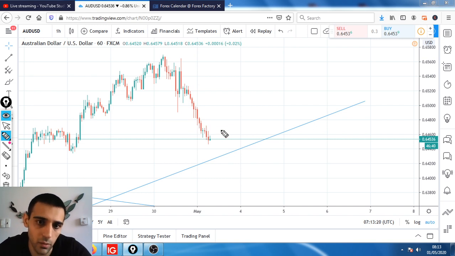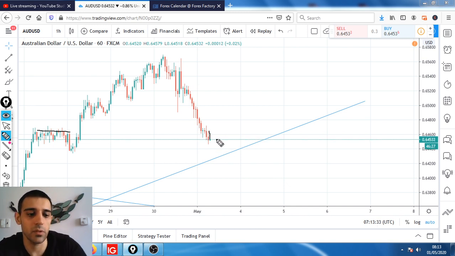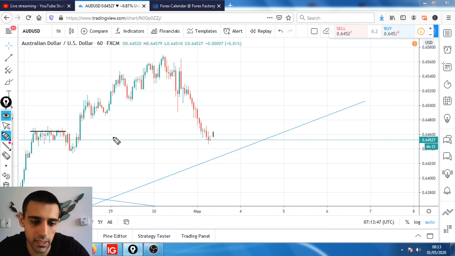However, the one thing I do want to see is the price coming up to this level on the next hour candle. Ideally it will not do it on this hour, so I want to see it happen in the next candle. So we're going to wait for the close of this candle, and if it does it in the next candle, which is the 9 a.m. candle, then we can apply this and take the trade up to this level towards the short side.